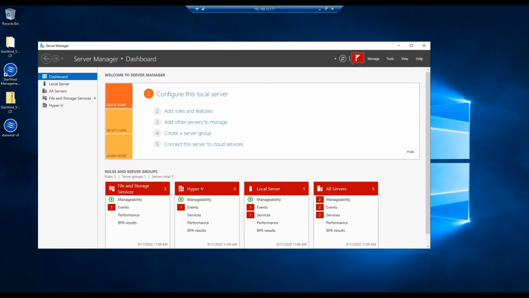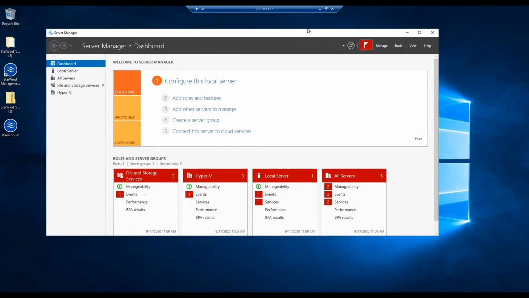As you can see here, we have just pretty much the simple setup of the Windows Server 2019 Standard Edition. We already have prepared the StarWind installation and the settings, so I'm going to guide you on what we need and what should be installed also in order to save our time on the restarts of the system and of the actual configuration. So the first thing that we would need